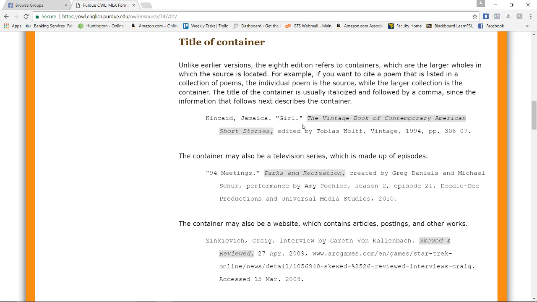So this is a short story. You can see this is a vintage book of contemporary American short stories. So that's a whole book of short stories, and then the single short story that this is referring to is in quotation marks. So first is your author, last name first, first name second, last,